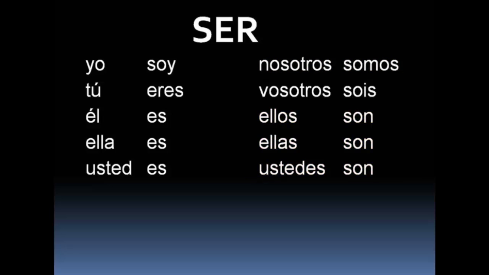Okay, so we see that like in English, ser changes each time. Soy, eres, es, somos, son. And if you're from Spain and you're into the vosotros, you've got the sois. Yo soy, tú eres, él es, ella es, usted es, nosotros somos, vosotros sois, ellos, ellas, ustedes son. And I guess if you were from Spain, you'd probably prefer for me to say perezoso or perezosa instead of perezoso. But that's just neither here nor there.